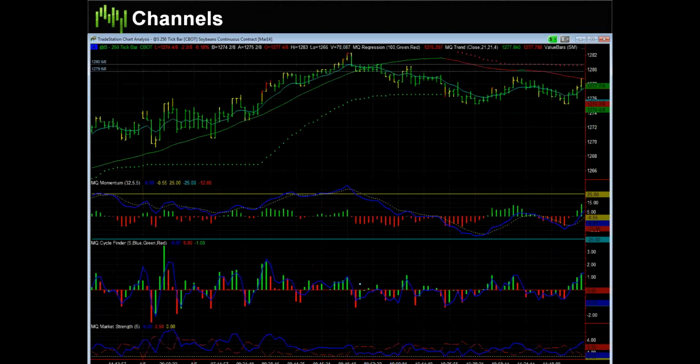So let's continue on. The last pattern that you're going to want to look for that occurs pretty often on an intraday basis is a channel. The way the channel works, if I can get this to work, there we go. You can see here, this is a tick chart. Channels happen on tick charts a lot more often than they do on time-based charts. So you can see this is soybeans on a 250 tick chart. And for those of you that trade equities or options, yes, I will show some equity examples as well here in just a little bit.